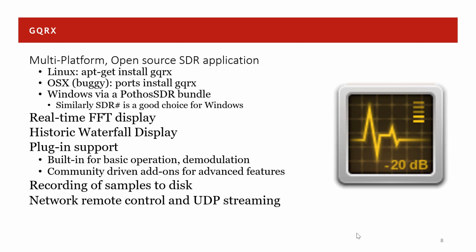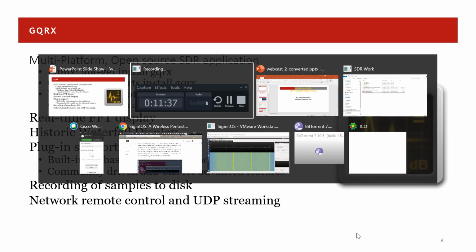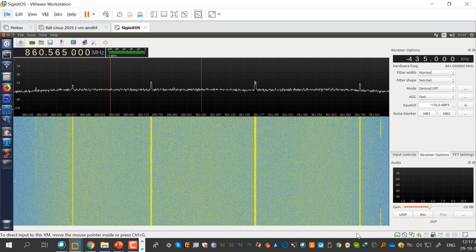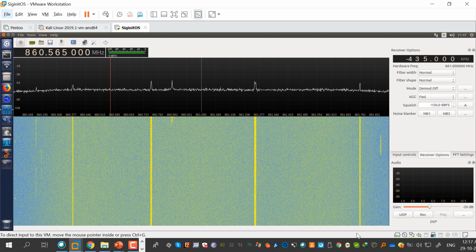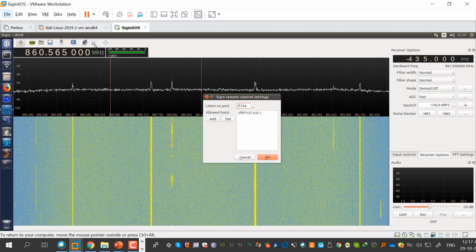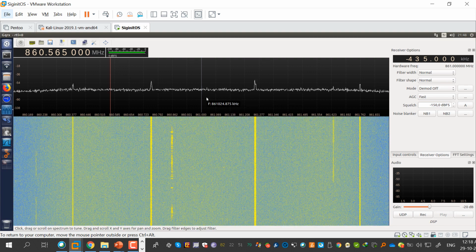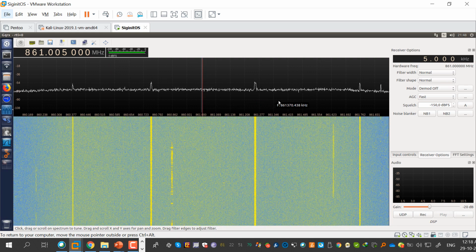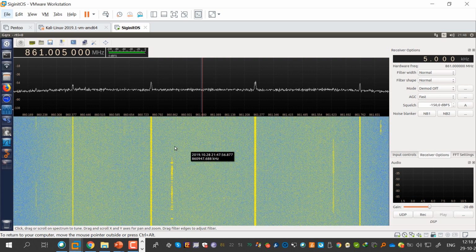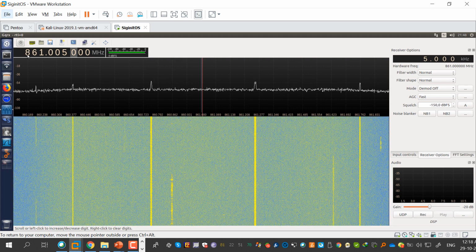So before continuing, you can see this is the particular view of our device. This is GQRX, which you are seeing, the waterfall model. So basically, we can tune to multiple frequencies from here, and you can see the dark yellow lines, where the data is floating around. So here something is going on. We can listen to that, and we can even do the recording, and we can play it later. So sometimes the ham radio signals are like this, which recently went off,